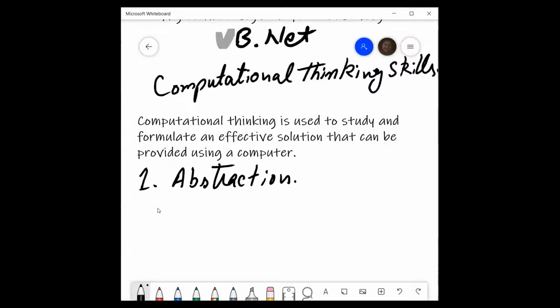In the same way, when we are looking into a problem in computer science, what do we do? We very carefully observe that problem, and we look into what data we require for the solution of this problem. This is abstraction. If I could simply write a definition, abstraction is the process